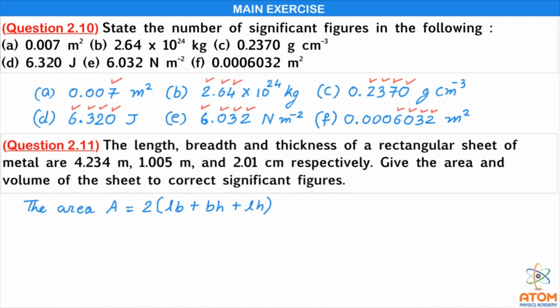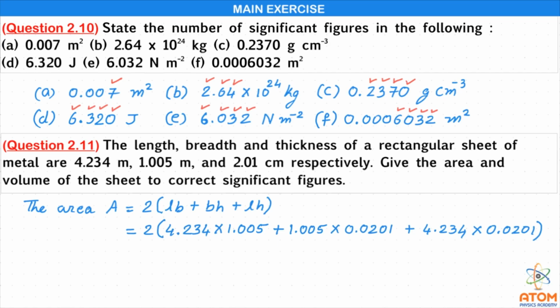Here this is a rectangular sheet with a thickness of 2 centimeter. So rather it should be considered as a cuboid because 2 centimeter of thickness is not ignorable. So it should be considered as a cuboid. And for a cuboid there are total 6 surfaces. And so the total surface area of this type of cuboid can be written as A is equal to 2 into bracket LB plus BH plus LH.